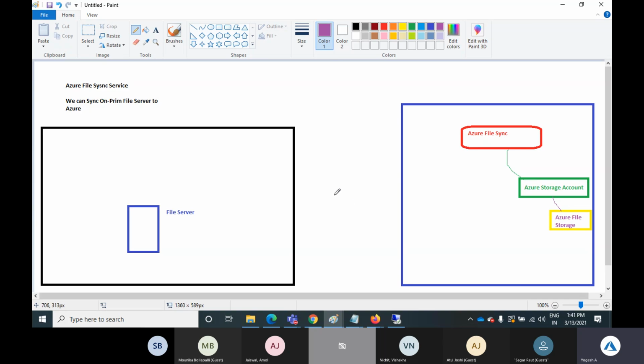Okay, now how it works. So when we deploy Azure File Sync service on Microsoft Azure, Microsoft is asking to deploy one agent on your on-prem server. So this is the agent, and that agent will communicate with your Azure File Sync service. So by using that agent, your on-prem data